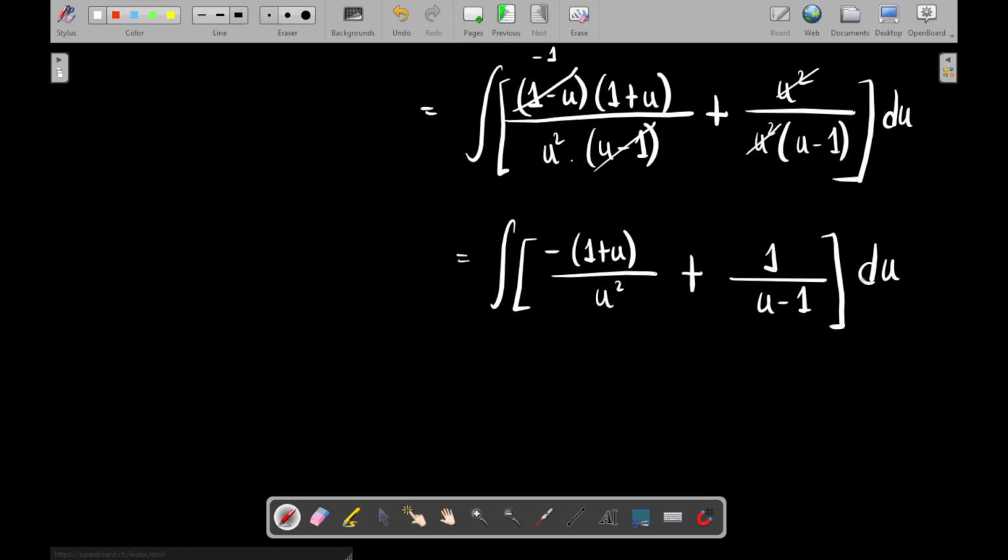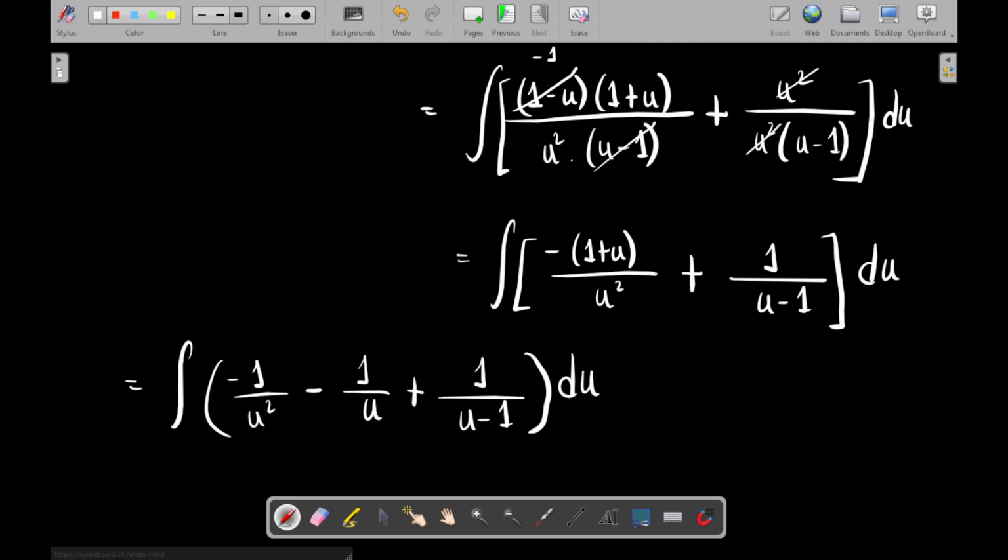Now for this first integral, if we separate each of these terms, we get minus 1 upon u square, and this will become minus u by u square, which is again minus 1 by u, right? And the last term is plus 1 upon (u minus 1)